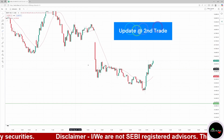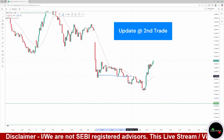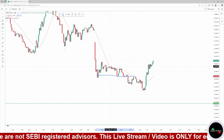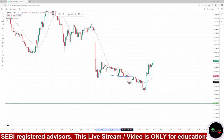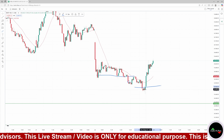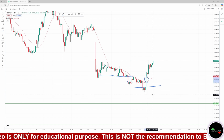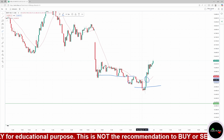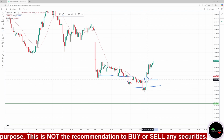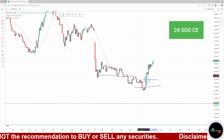So hold on friends. In our first trade, I exited around this 520 level because I was holding my trade since it was trying to take support from this 24,550. As you have seen, our entry was around the 24,600 level. So I exited with around a 70% loss. After that, Nifty showed one more breakdown below the 24,500 level, and when it showed recovery and a bullish candle around 240 and up during this retracement, I entered the same trade again, but obviously our capital was less, so I could buy only 375 quantities. After the big loss of 35,000, our capital was around 18 to 19,000. With that 18 to 19,000, I took 375 quantity of 24,500 PE,